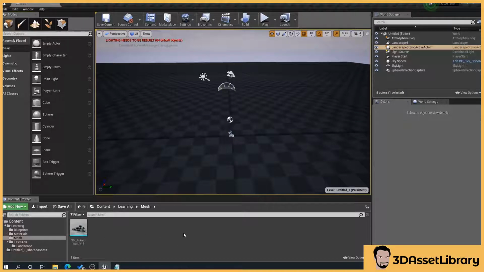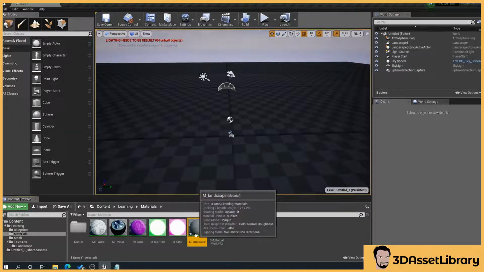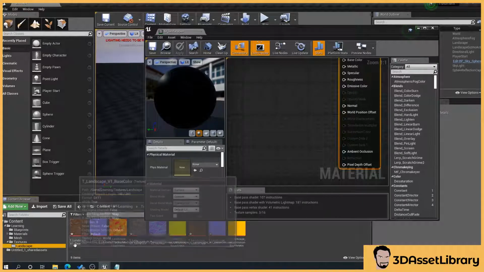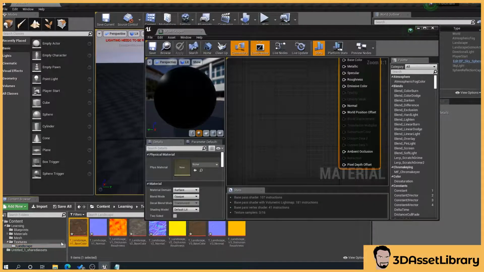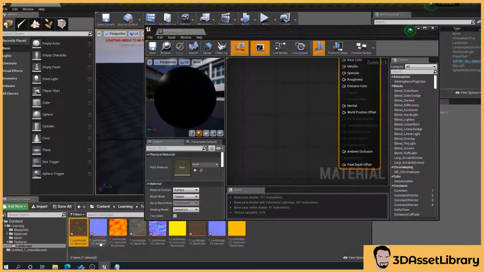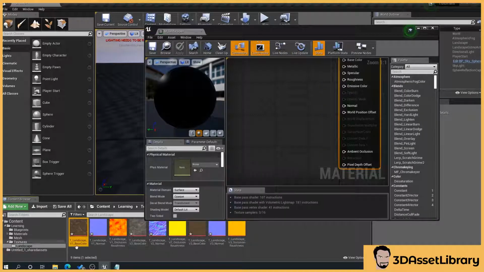And now what we want to do is create our material. So I'll go here, right click in the content browser and select material, give it a name, open it up. And then what we want to do is navigate to our textures folder, and I've got some textures here. So what we'll initially do is just select the base color ones, or the albedo, I think diffuse as well, depending on what you've got them. Basically, the one that holds the color, texture color.